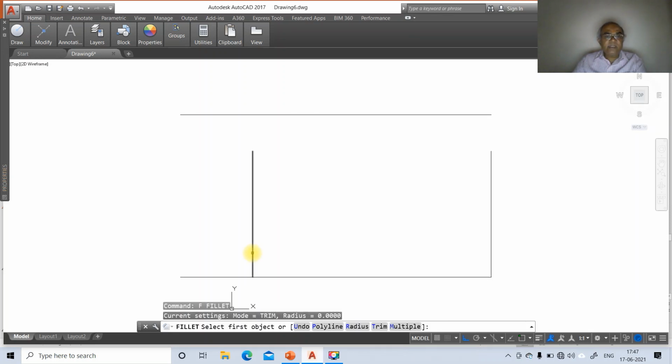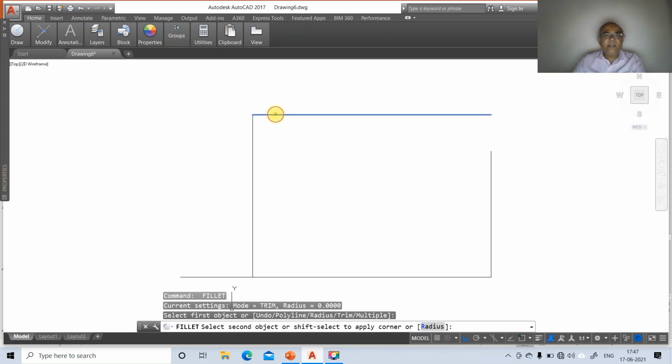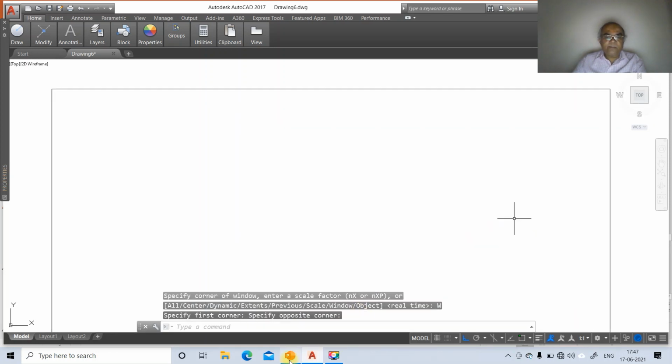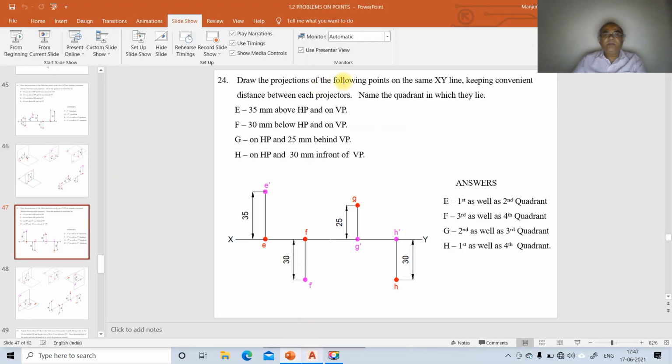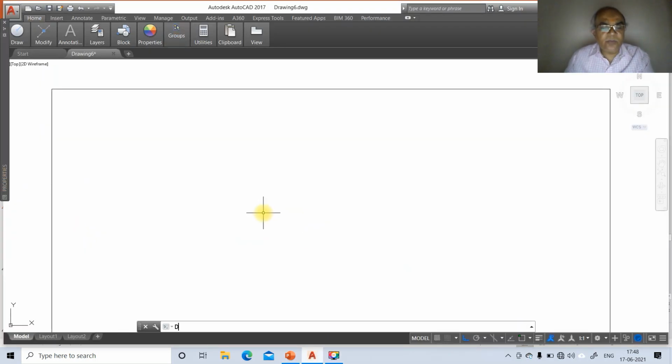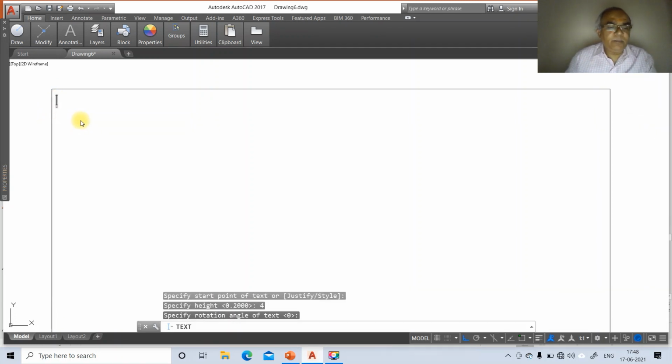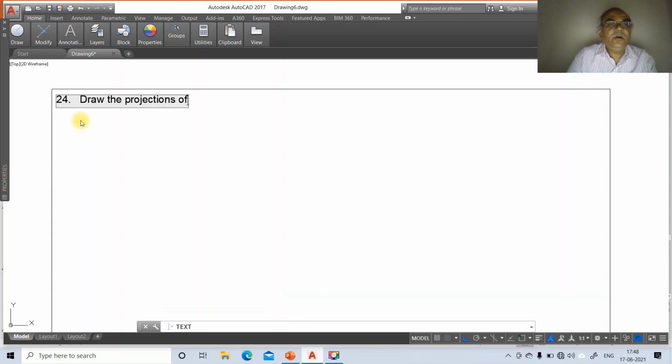Then go to fillet, select this vertical line and this horizontal line, and fillet between these two. Then go to zoom window. Then go to D-text. Here we write the problem: draw the projections of the following points on the same XY line, keeping convenient distance between each projector. Name the quadrants in which they lie. So go to D-text, take height as 4, type the problem number 24,